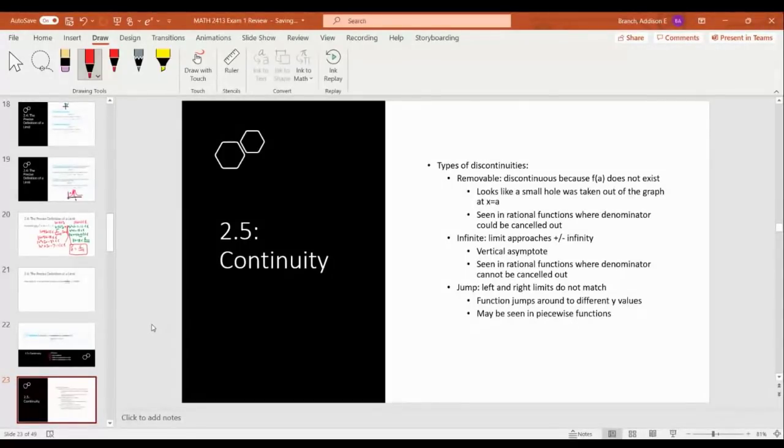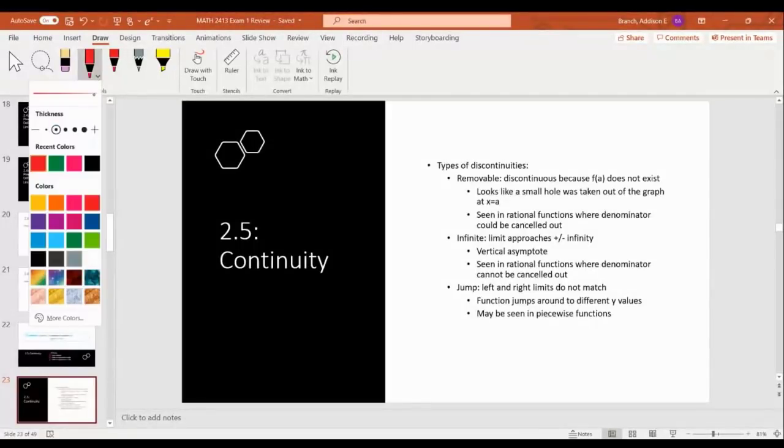All right, and then whenever we're talking about continuity, we can also talk about types of discontinuities. So a discontinuity is just going to be a place where a function is not continuous. And there are 3 main types of discontinuities. The first one is going to be removable. And essentially what that one is going to look like